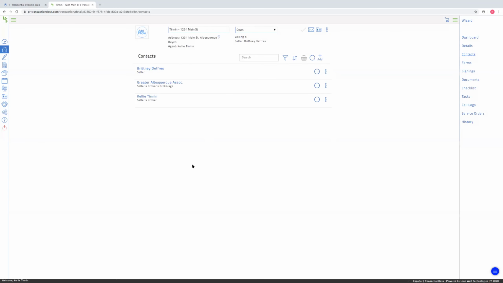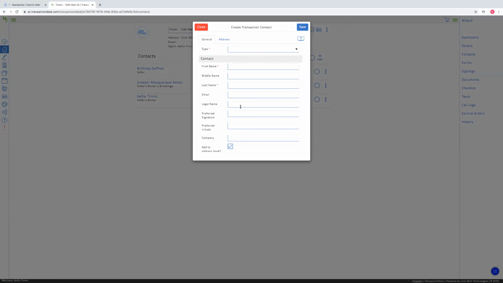So within each transaction, these are the contacts that pertain to this transaction. And then this contact card over here, the little Rolodex symbol, is for everything. So within my whole Instanet, these are all my contacts. So what I can do is just add a contact here, create new transaction contact,